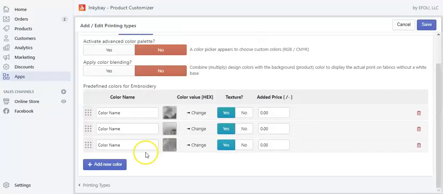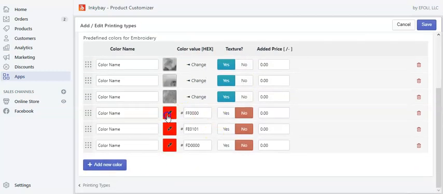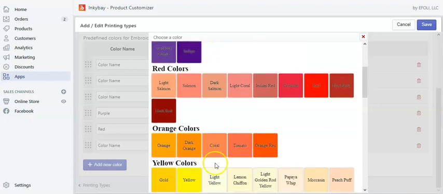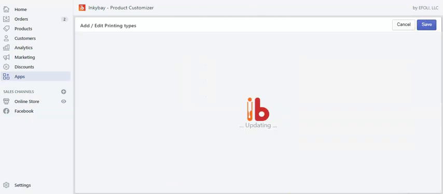Also, you can make a combination of textures and colors. You just add colors. So let's say purple, red, and lime. Just save it